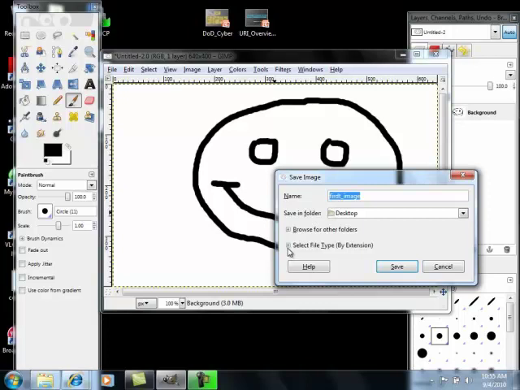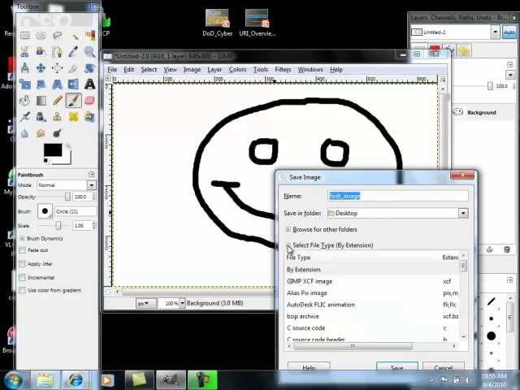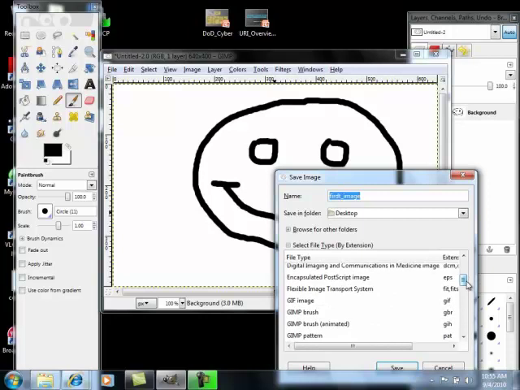Notice the little plus sign here. So you hit the plus sign and it gives you some of the different file types that you can save your image in. By default, it's saved in an XCF format, which is GIMP's own format for images. But we're going to save it in some of the more typical image formats that you're going to work with. So first, let's save it as, scrolling down,